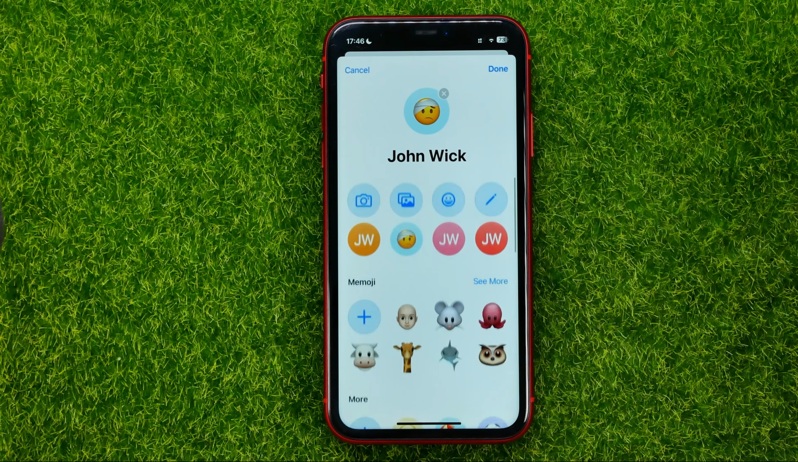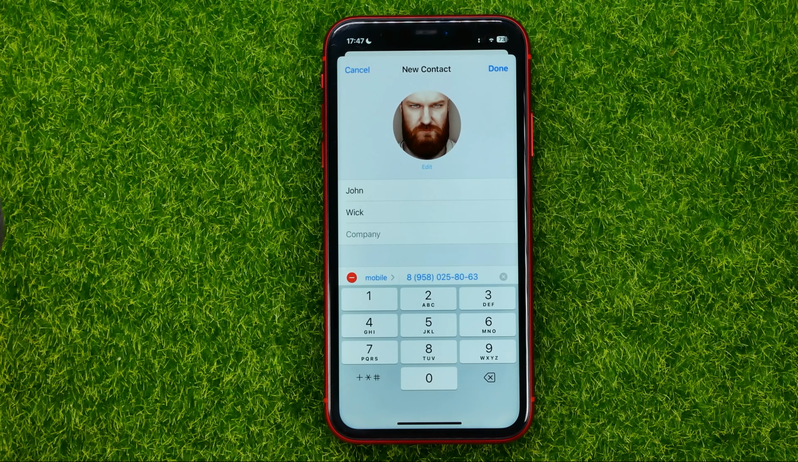All we have to do in order to add a phone number is tap that plus sign next to Add Phone, and then we can just type in here their phone number, and all we have to do now is hit Done if we want to save that